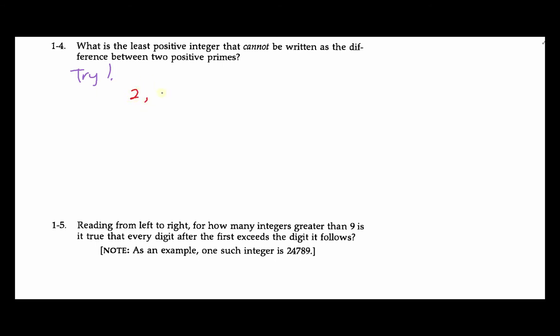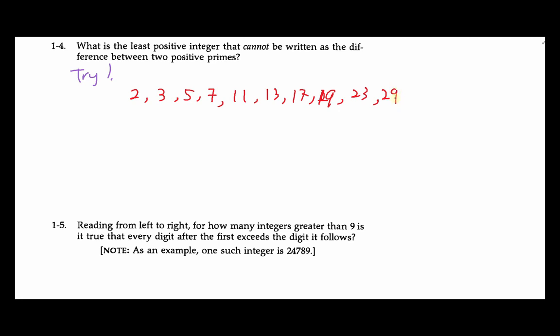Start with 2, 3, 5, 7. So just to recap, the prime numbers have only two factors, one of which is the number itself and another being 1. And I cannot have 9 because 9 has 3 times 3 factor. So 9 doesn't work. 11, 13, 17, 19 works. And 23, and I'll stop at